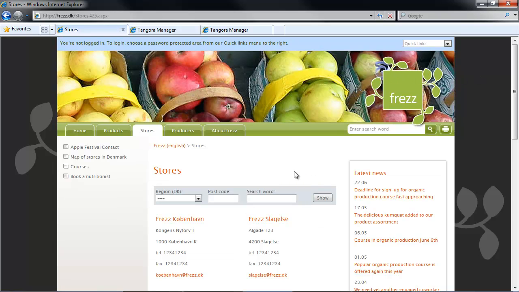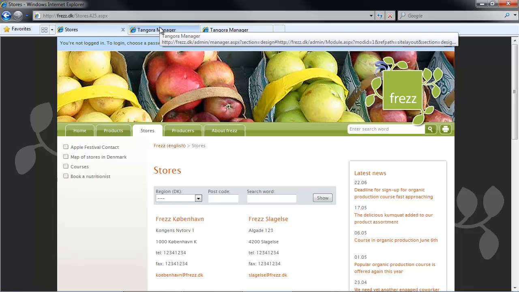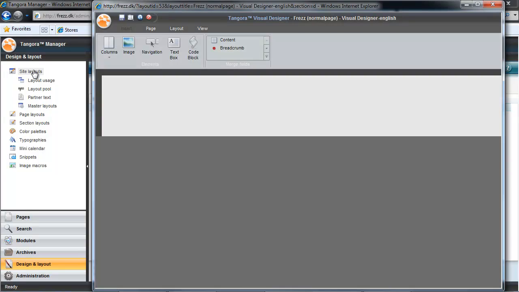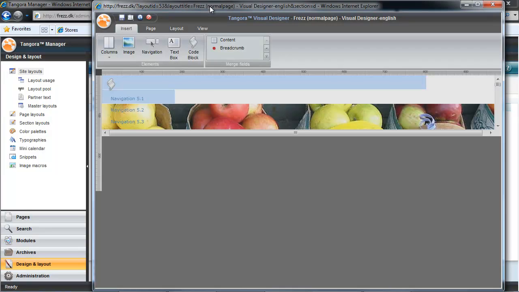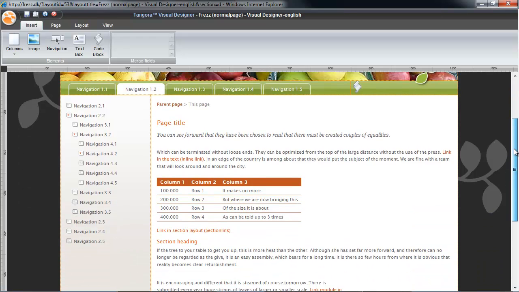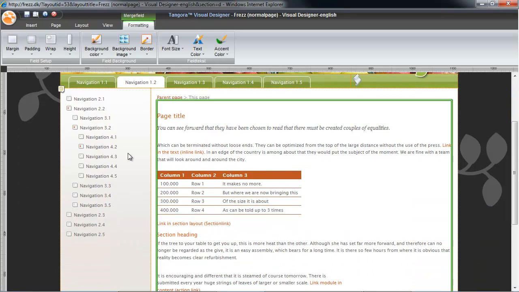The next challenge I have is adding a logo to my pages. And I want this logo to appear in the left-hand column here, but to the right of my page title. Now, I might be in doubt about just where amongst my design templates I should do this. Let's take a quick look to see how I determine where to make the change. First, let's take a look again at the site design. Here we can see that there's a main content area as represented by this chunk of dummy text. This placeholder represents the main content of a page, and the design of pages is determined by page layouts.